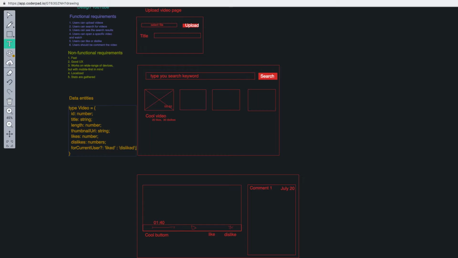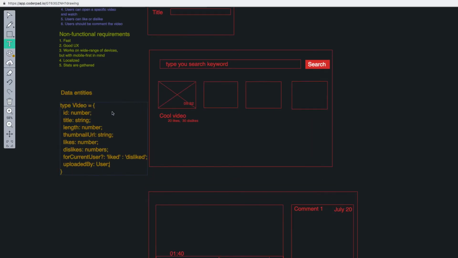Anyway, what else do we need? For video, we will probably need some additional information like uploaded by, and this is going to be referencing a user who has uploaded this video. And of course, what else do we need? We need to have the